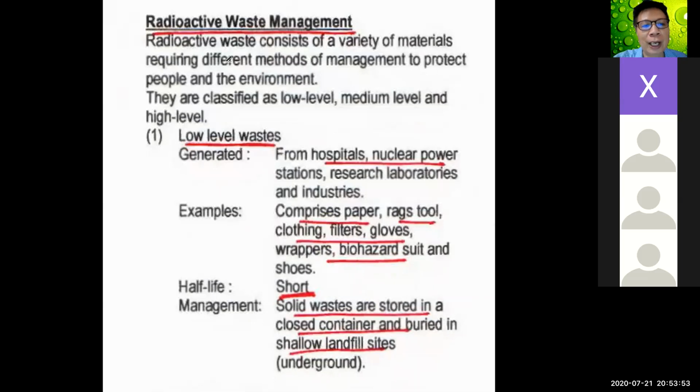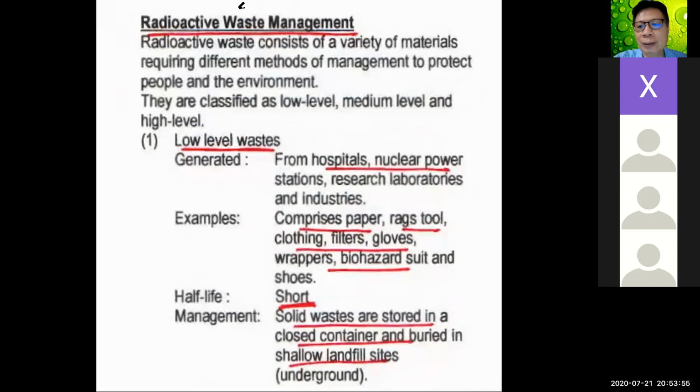Yeah. So next is radioactive waste management. This is the last part already. How to manage the waste? As I told you earlier, the waste I cannot just dump in the dustbin, then the lorry comes and carries it. No, cannot. This is very dangerous. Never do that. So you have to find a special way to bury it underground. I follow an SOP method.